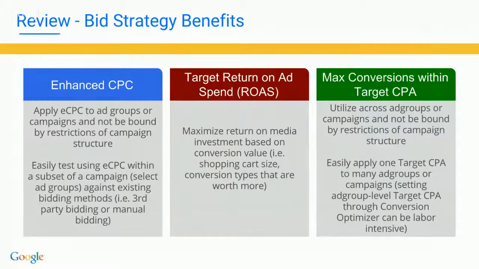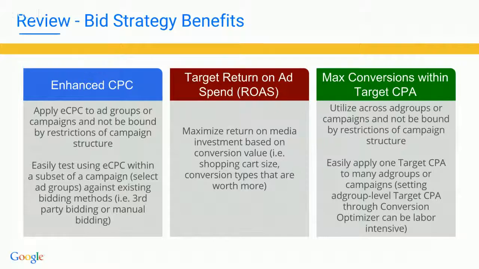So here are some of the benefits that we'll get from them. I discussed most of these. The main benefit of enhanced cost per click, though, is that you can easily test using eCPC within a subset of a campaign. So if you wanted to apply eCPC to just one ad group or a few ad groups within a campaign, you can certainly do that. It also gives you probably the most control, I would say, in terms of the bid strategies,